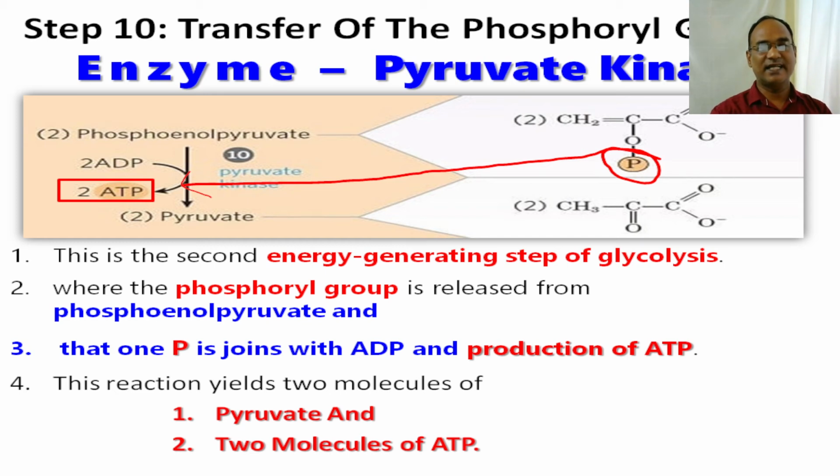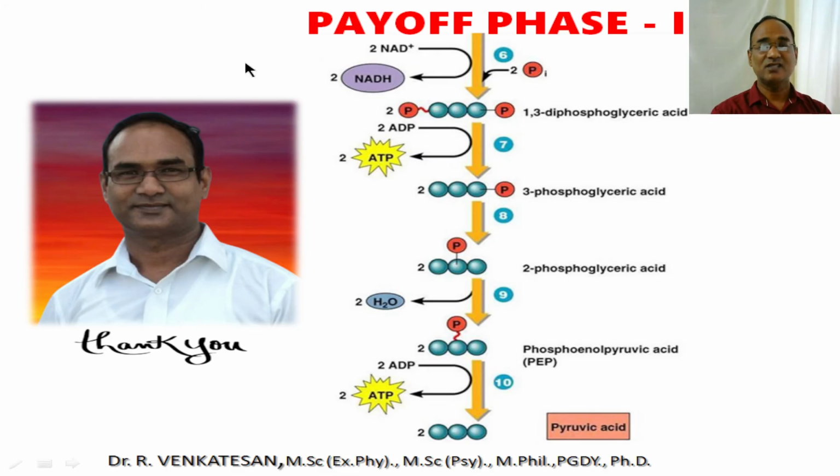And this is called the energy investment phase. From the 6th stage, glyceraldehyde 3 phosphate is further converted, releasing 4 energy molecules, 4 ATP, and made into pyruvate, and then finally it will enter as acetyl CoA in the Krebs cycle production. So in the Krebs cycle production, energy can be multiplied into 36 energy molecules at the end of the Krebs cycle. So on the whole, the Payoff phase in the 6th position,